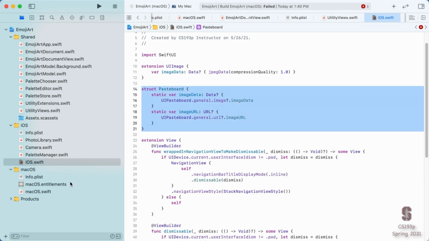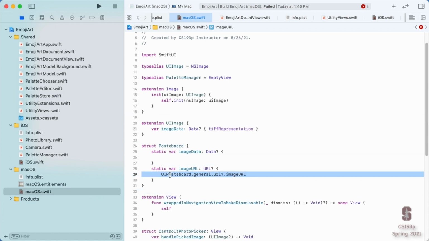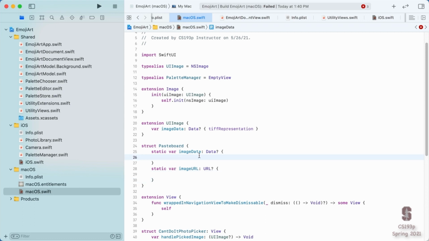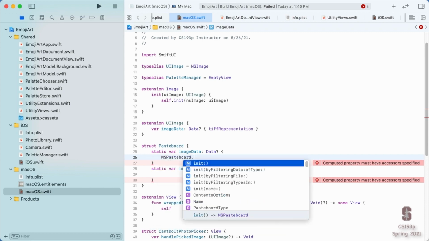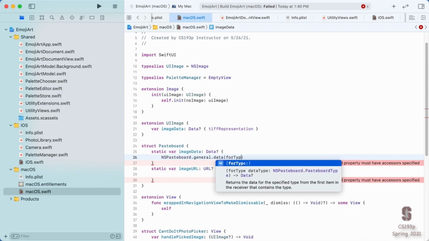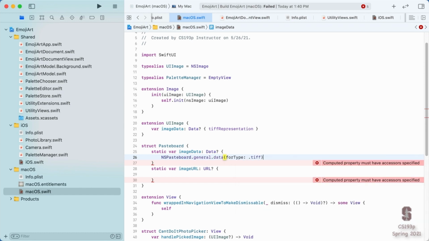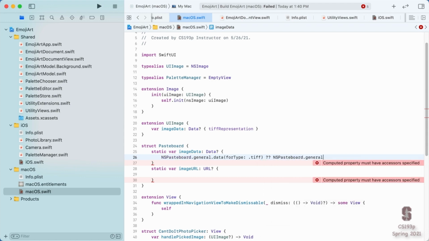And we have to do exactly the same thing over on the Mac side. So let's do that. And here we're going to implement both of these using Mac versions of how to do this. So how do we get image data on the Mac? Well, there's NSPasteboard on the Mac, and it also has this general idea. But to get the data, we use this function data(forType:). I'm going to get TIFF data in this case to stay in this TIFF world. Although, if there's no TIFF on there, let's also do general.data(forType: .png). So we're doing TIFF and PNG instead of JPEG. I'm kind of intentionally doing this differently so that you can see that we're abstracting something different.